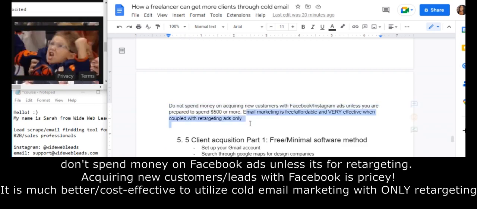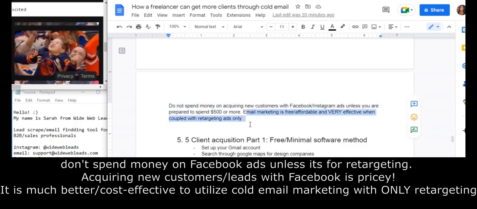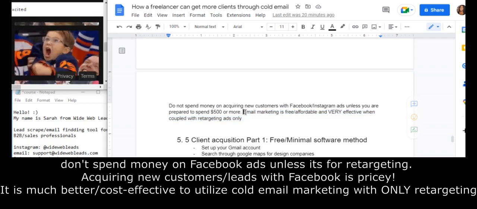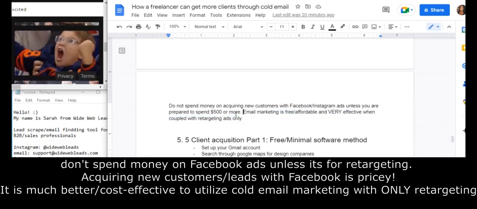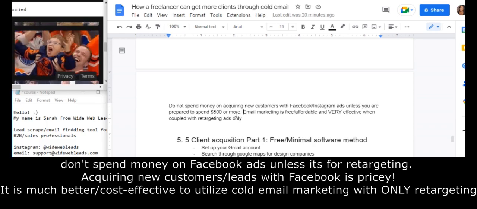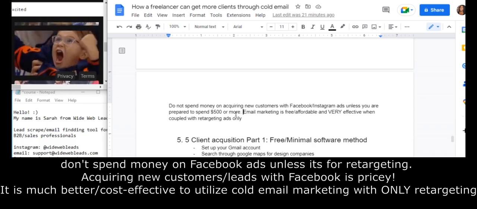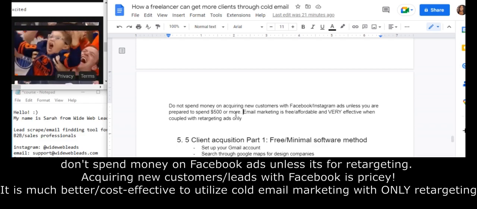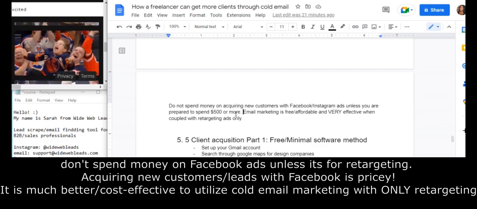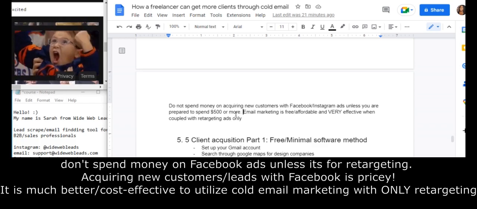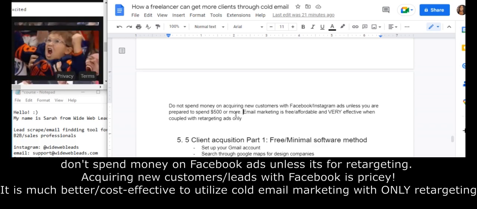It's definitely more affordable and more effective than using Facebook ads to acquire new customers, because you're just reaching out to people who are your current ideal customer. Depending on how you found them, they're your ideal customer, essentially. They have a business that's been around for a while.